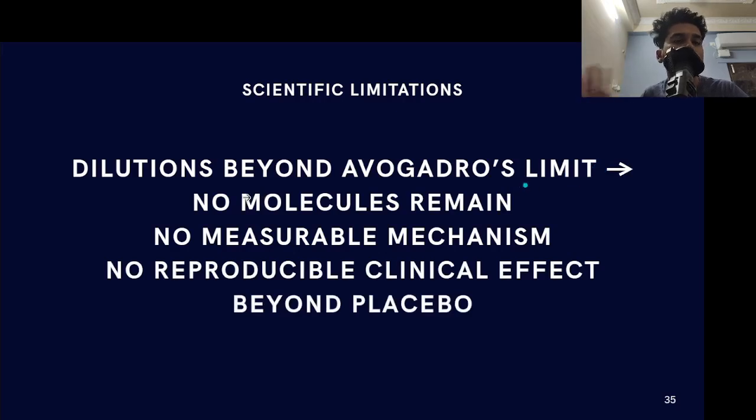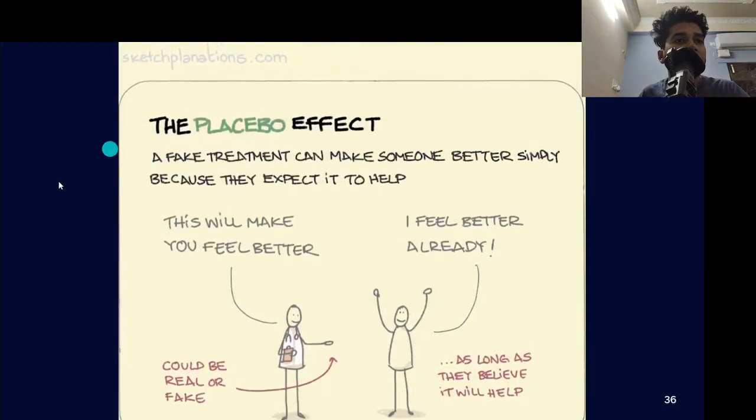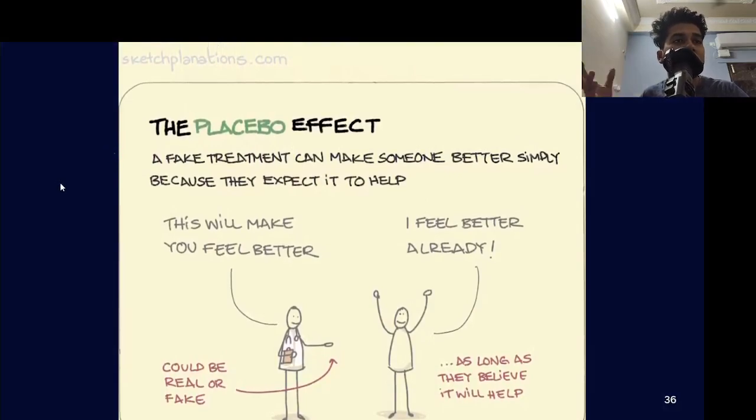But the scientific limitation to this was that the dilutions which were done were beyond Avogadro's limit. That is, no molecules remain. So there are no active molecules remaining, there is no measurable mechanism, and there was no reproducible clinical effect beyond placebo. What is placebo? Placebo is a fake treatment that can make someone better simply because they expect it to